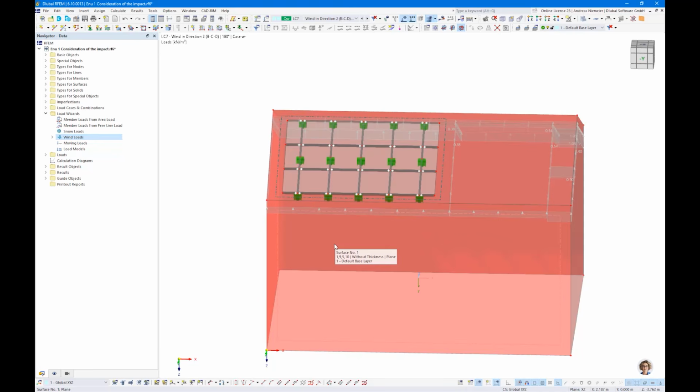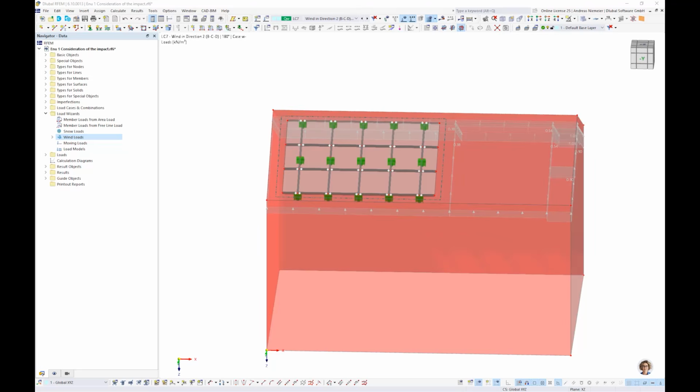And this is a lot of work you have to do, and here our program supports you with the local load on the structure. And this is also possible for snow loads. Now let's come